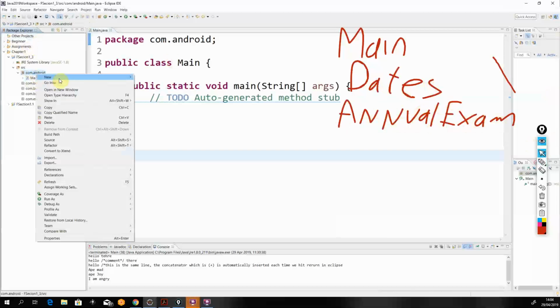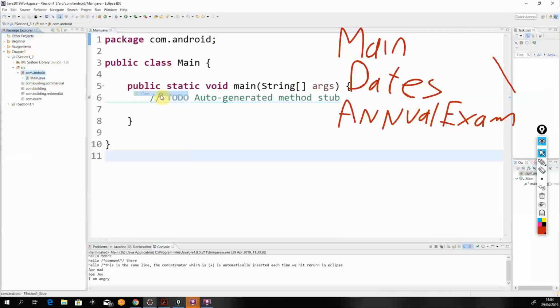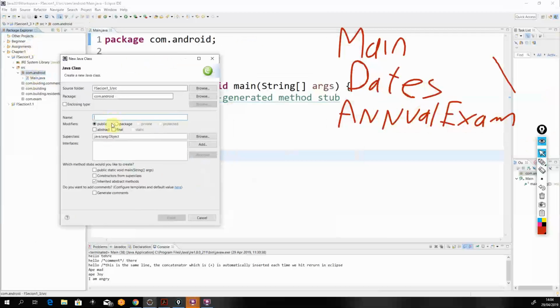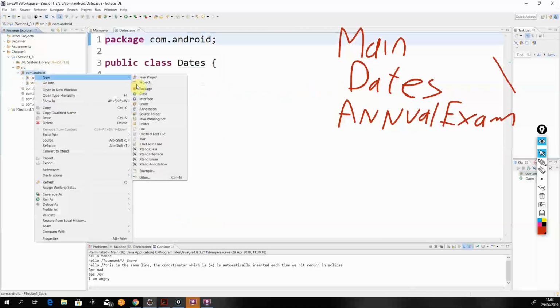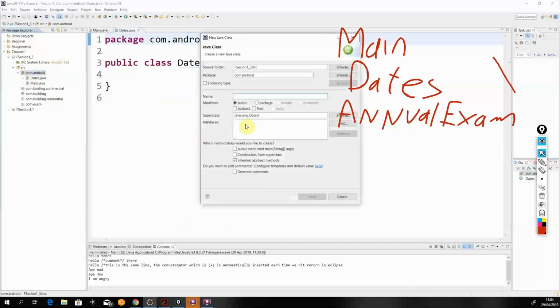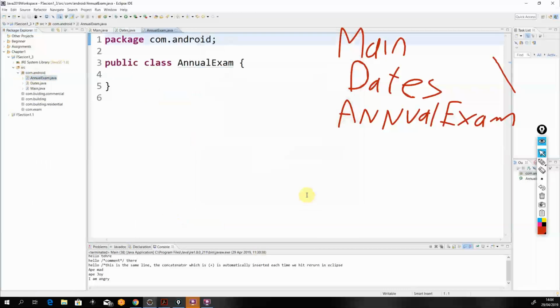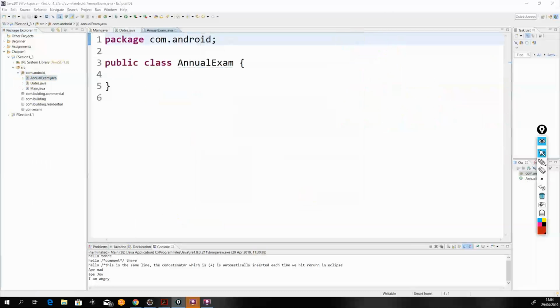So new class, dates, finish, and new class, annual exam. There's our three classes done. Okay. Now, that's inside com.android: main, dates, and annual exam. Next one is going to be in